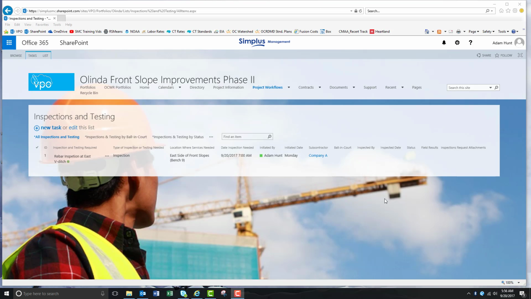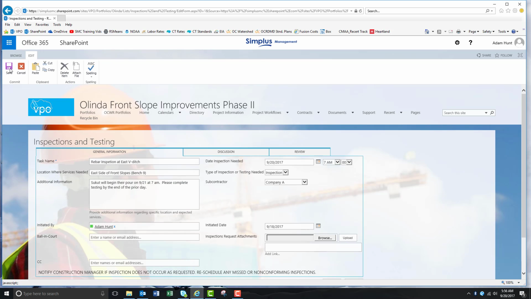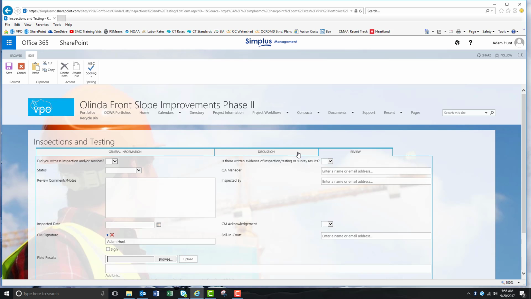So once our CQA company has performed their inspection, we get back into our inspection and testing module, and we click on that specific inspection form. We click up here at the edit item, and then this time, once we've heard back from our inspectors, we can go to the review tab, and then